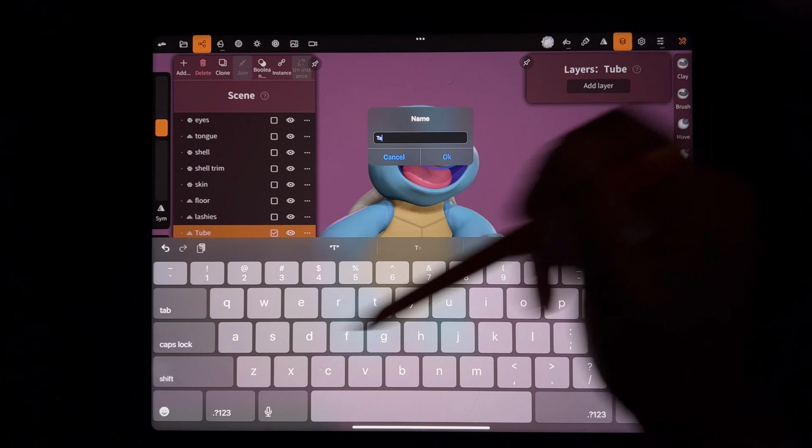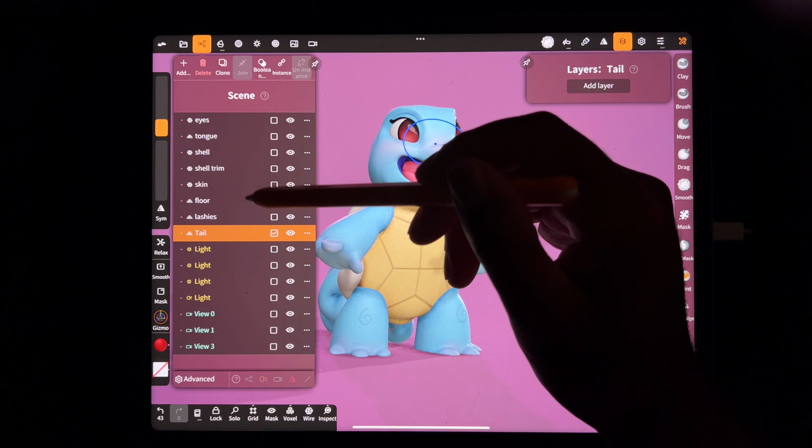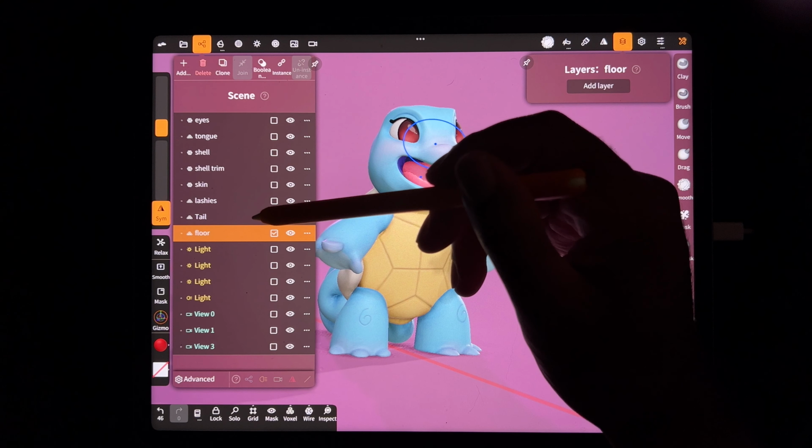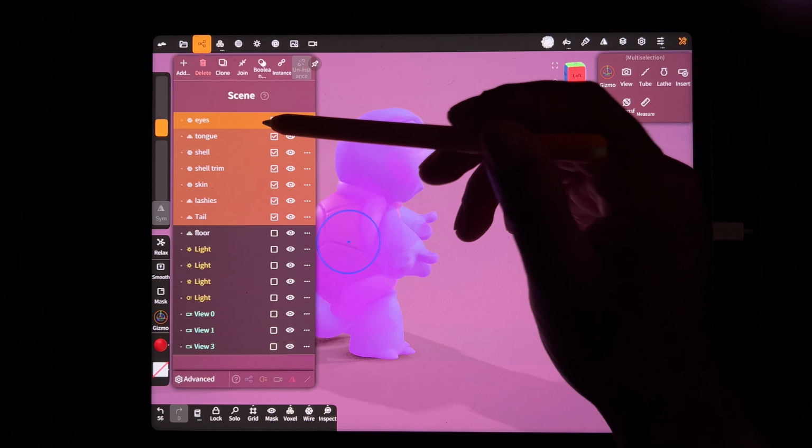I want to name everything. Make sure everything is named. This is the floor, so that's the backdrop. I'm going to bring that down. We don't need to bring that over. So I'm going to take the tail and all of this,